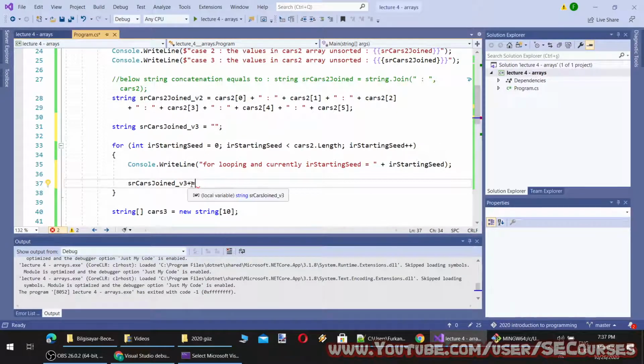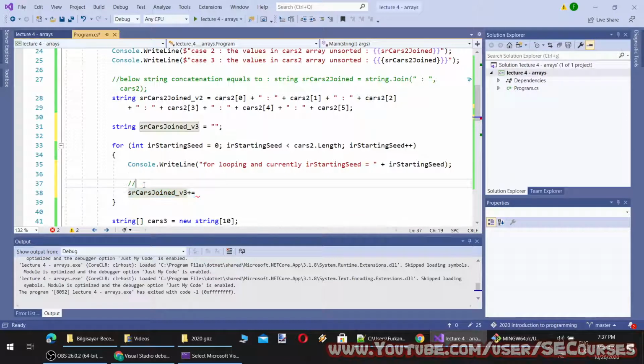Okay, so this means plus equal, which means that variable equals that variable plus something. Okay, so I'm going to make it like this.